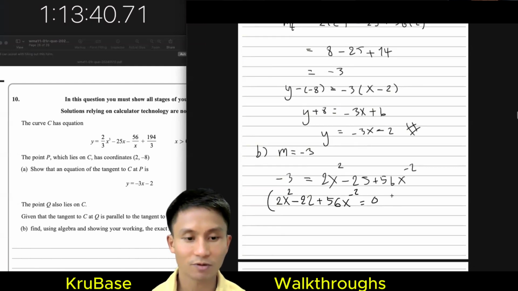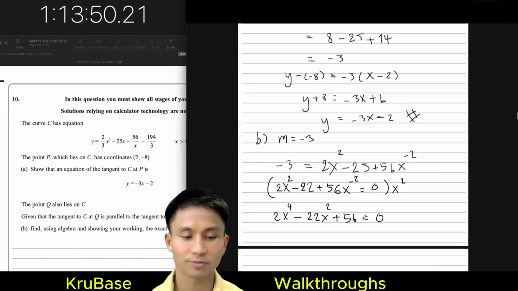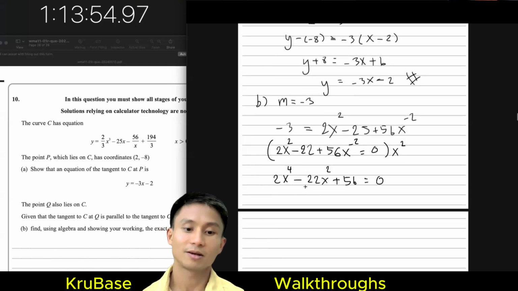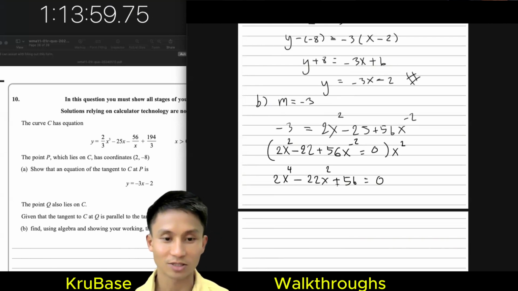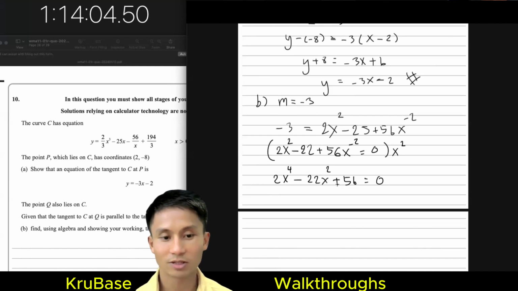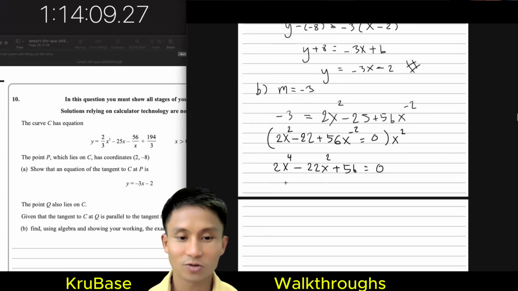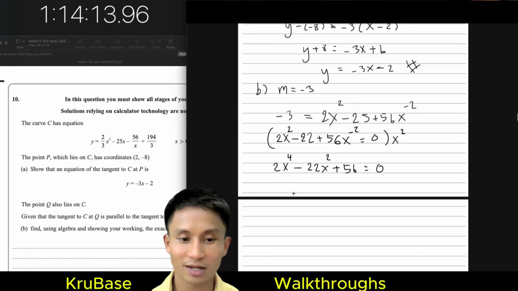Now, if I multiply everything by x to the 2, I get 2x to the 4 minus 22x to the 2 plus 56 equals 0. And if we recognize this pattern, you can see that x to the 4 and x to the 2, and there's another constant term. The first term has the power double that of the second term, right? This is a quadratic, right? So you can let x squared be something else,